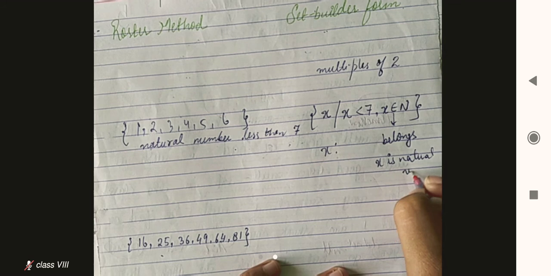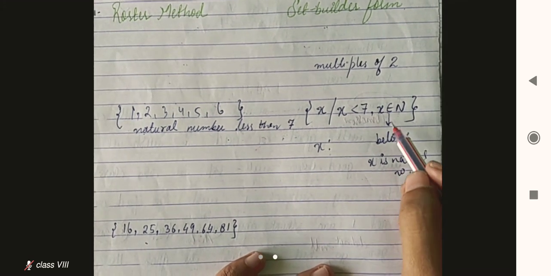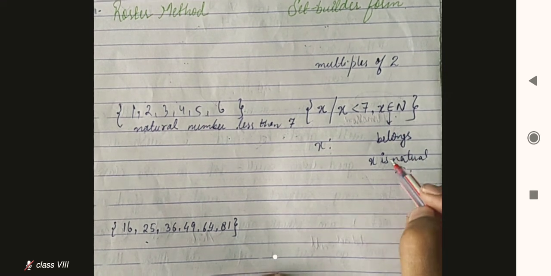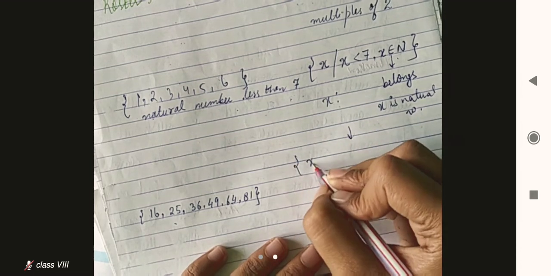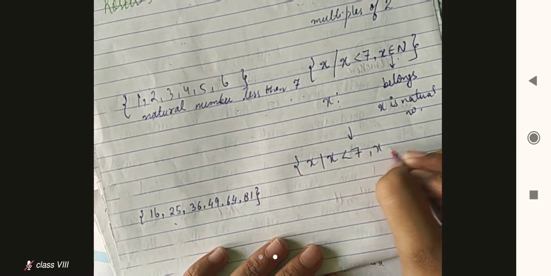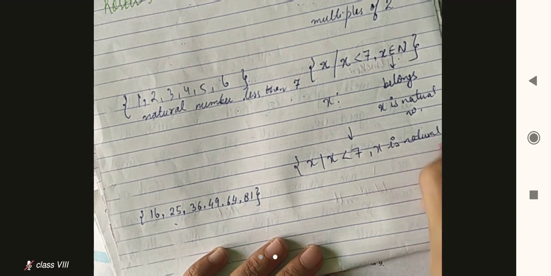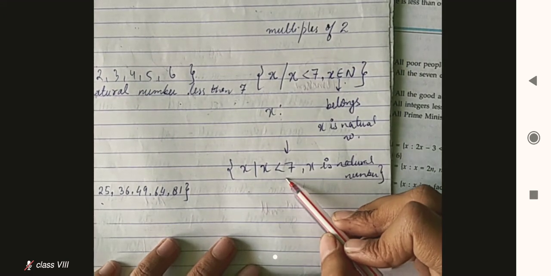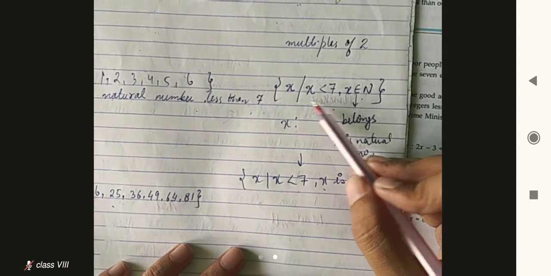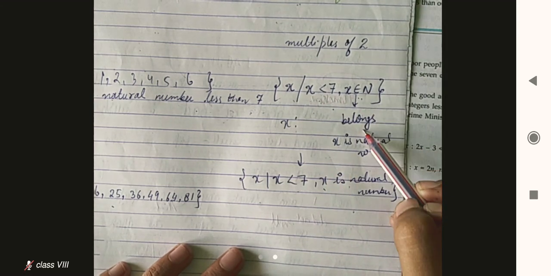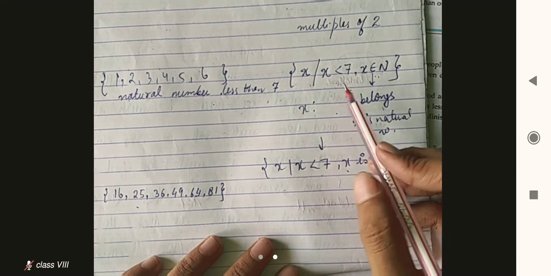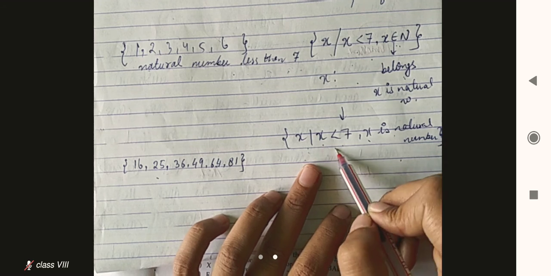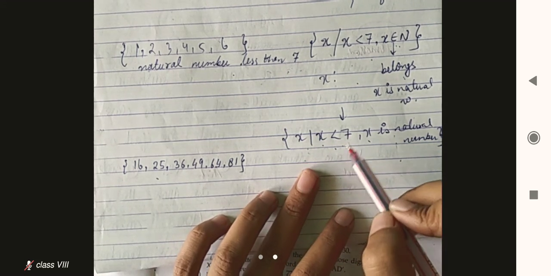Both are correct, okay. Because you come in 8th standard, it will be good if you use these types of symbols, because you are now in 8th standard. But you can use this also, let me write again here, x such that x is less than 7, and what is x? X is a natural number. We are talking about natural numbers, so x is a natural number, so this is also correct, okay. X such that x is less than 7 and x is a natural number, and like this also you can write x such that x less than 7 and x belongs to natural number. So this is actually your set builder form. You made a rule with x, meaning x can be anything, but it should be less than 7 and it should be a natural number. So this is how you will do it in set builder form.